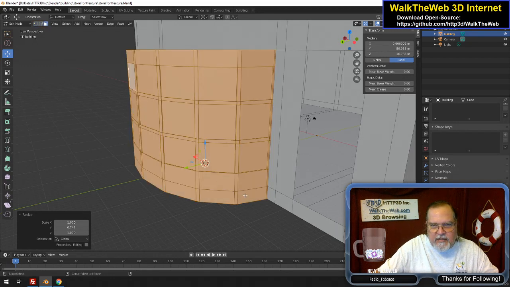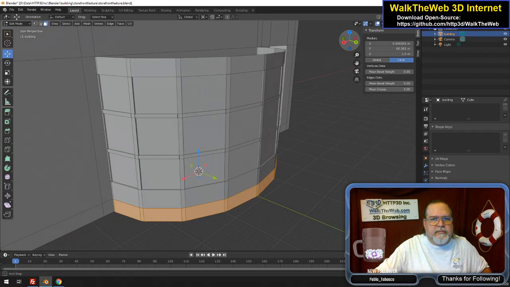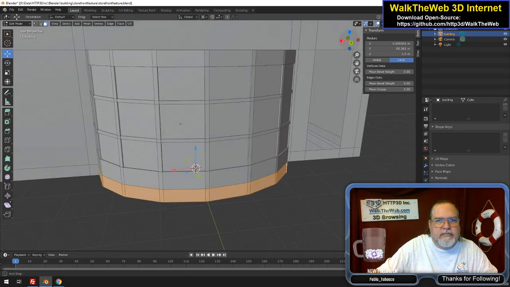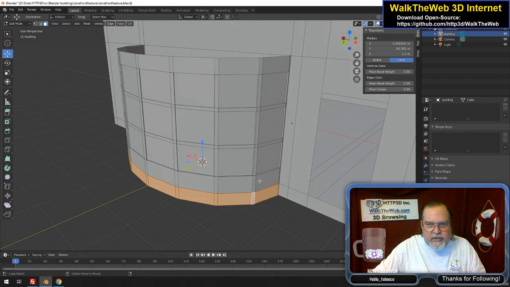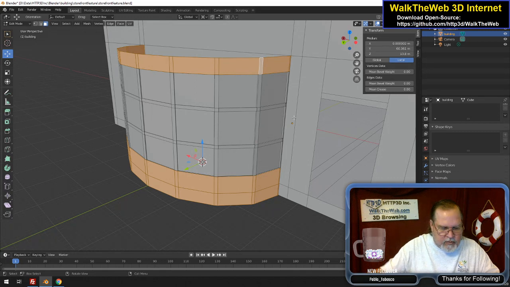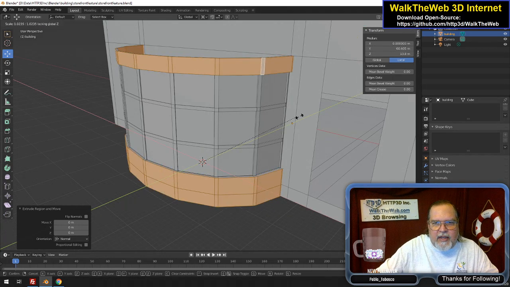If I select this row, I want this to kind of stand out a little bit farther. I kind of want the one above it to stand out farther too. Let's get both these rows. I'll get it like that. And this one. And I'll do extrude, scale, Shift Z, and we're going to bring that out just a little bit so that it has a